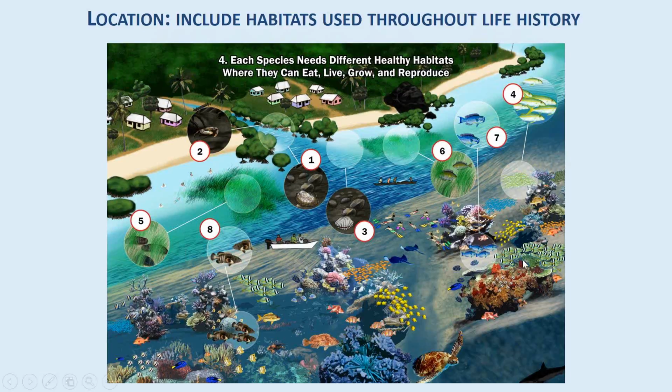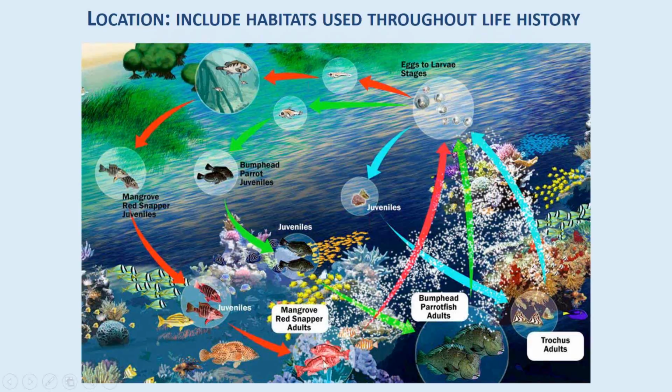And the other aspect of connectivity that comes into this is that while most species settle into one habitat and stay there throughout their lives, some of them actually move. For example, these are some examples from this part of the world where we have mangrove red snapper or bumphead parrotfishes that live on the reefs. They spawn, the eggs go up into the plankton, and then they settle down onto mangroves or seagrasses, which they use as juvenile habitats before they go out to the reef. Now, in terms of MPA design, we have to make sure that either our no-take areas are big enough to include all those habitat types to protect these species, or that you have a network that's close enough together to allow them to complete this life cycle.